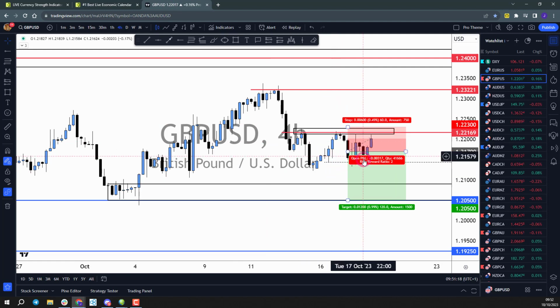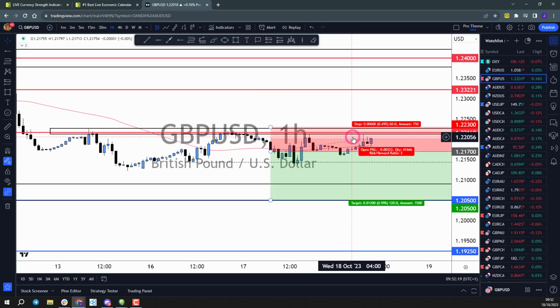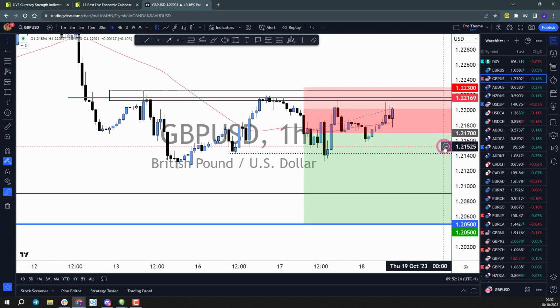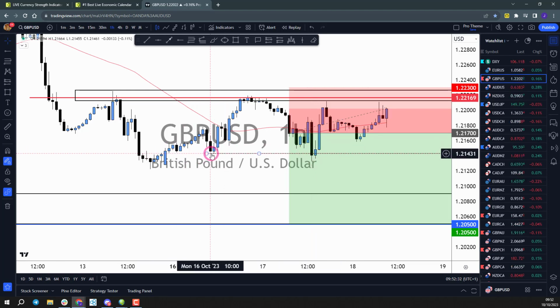Obviously, I'm in at 2170. Price looks like it's coming to return back to 122.15 highs at the moment. We were looking okay at one point yesterday, but then it just didn't seem to follow through overnight. We had some data out of the US, which was actually, I thought, fairly positive for the US dollar. That's what kind of triggered us into a move to the downside, really, and kept prices going. But we then found support at 121.50 or 121.40s, which was this low that formed here on the 16th of